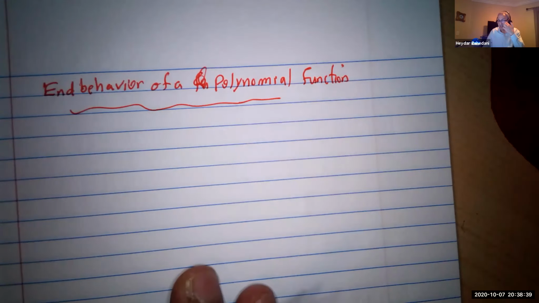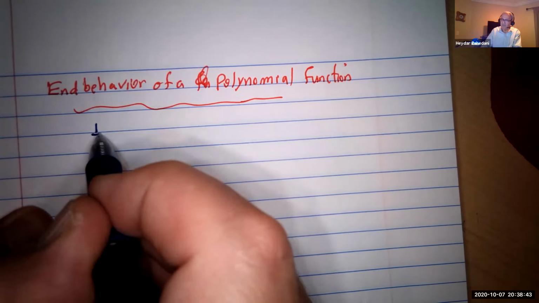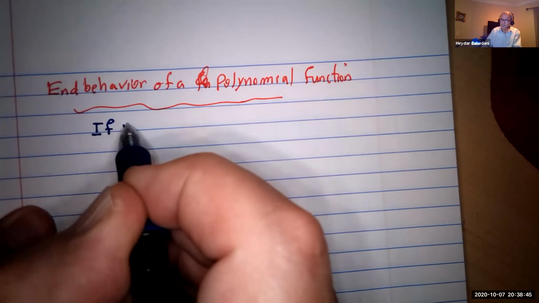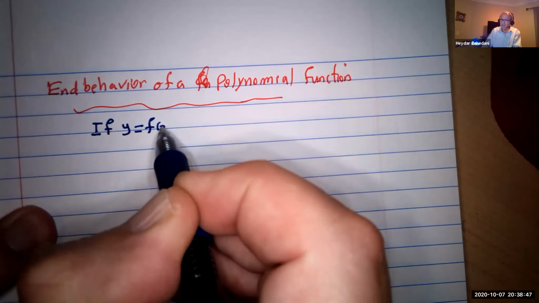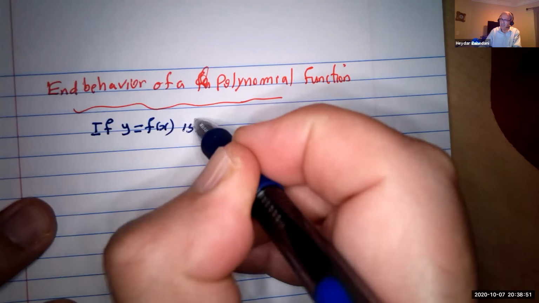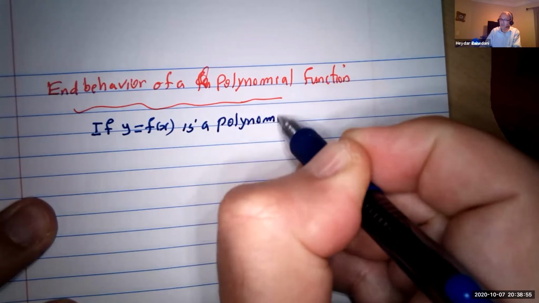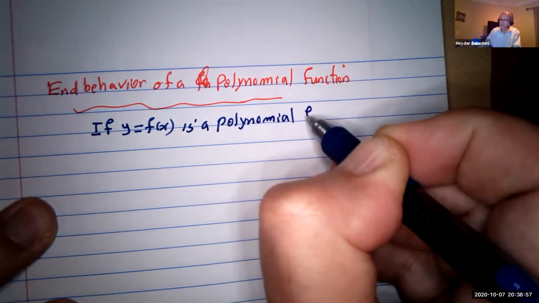So what is end behavior? The end behavior of a polynomial function. If y is equal to f of x, where f is a polynomial function,